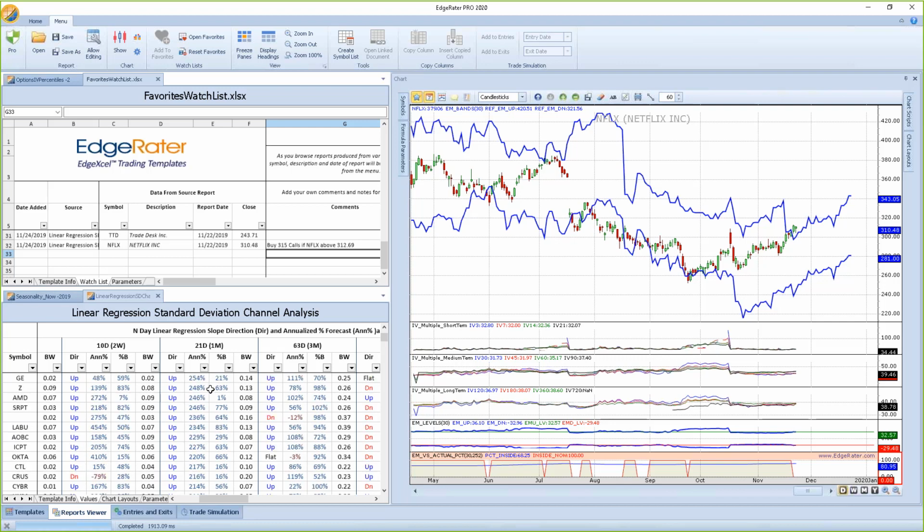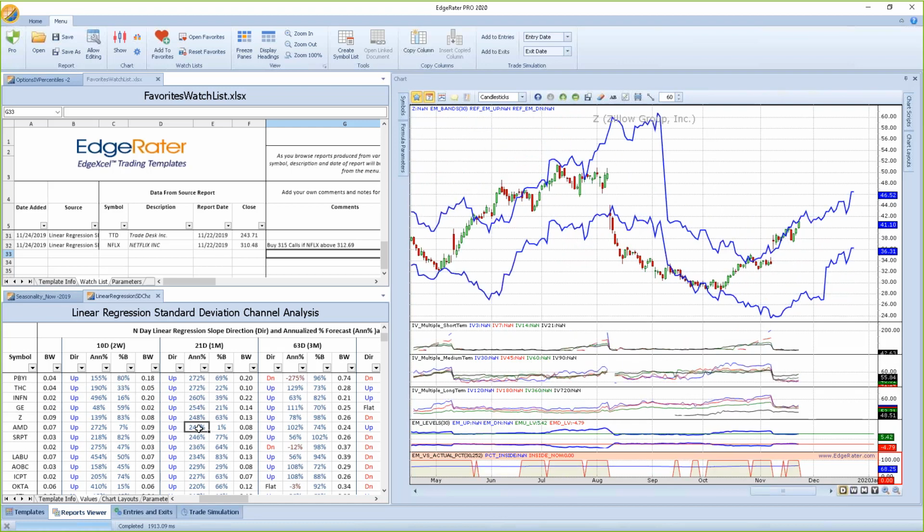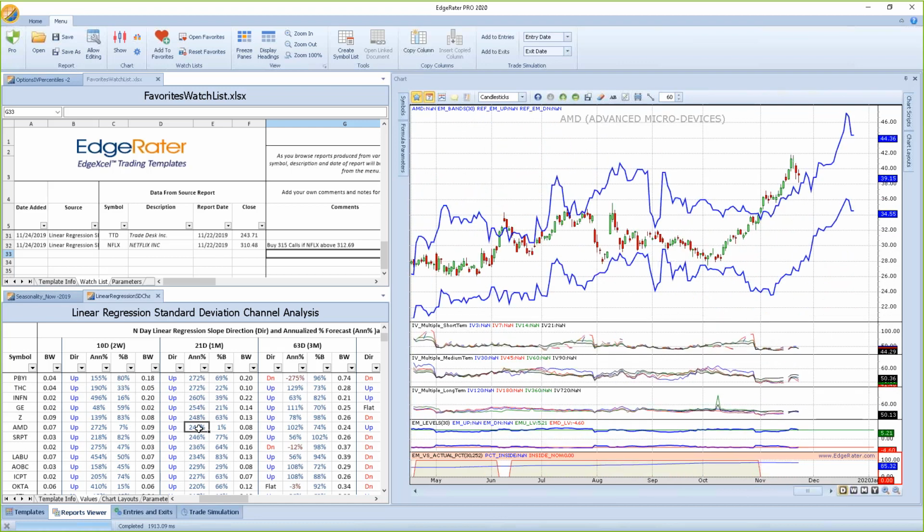We looked at GE. We looked at maybe LABU. I wouldn't trade the options on LABU, it's a leveraged fund. I'd trade LABU, but not the options on it. Did we look at AMD? We did look at AMD. It moved out and had a nice move up there. Then ICPT,